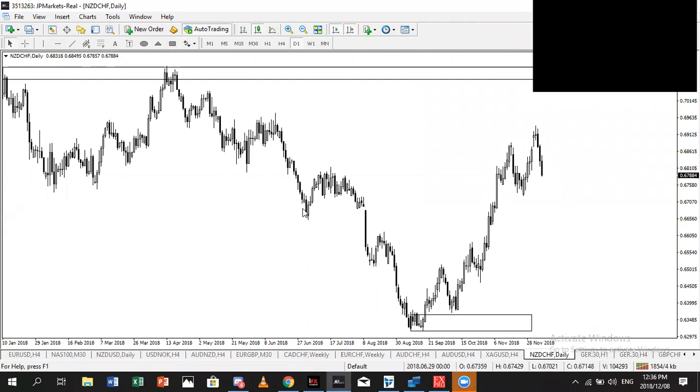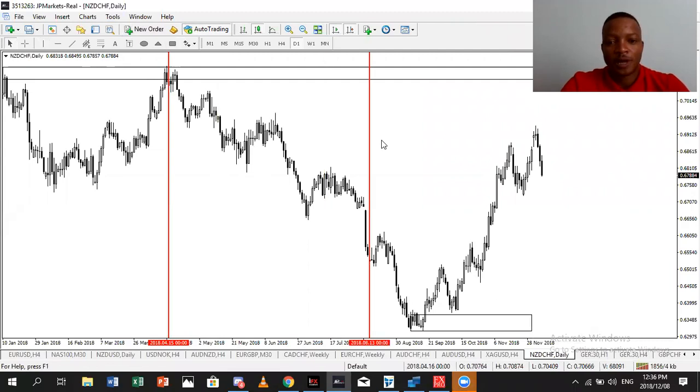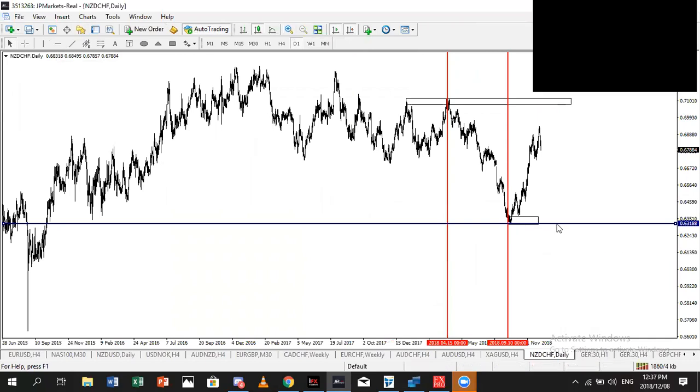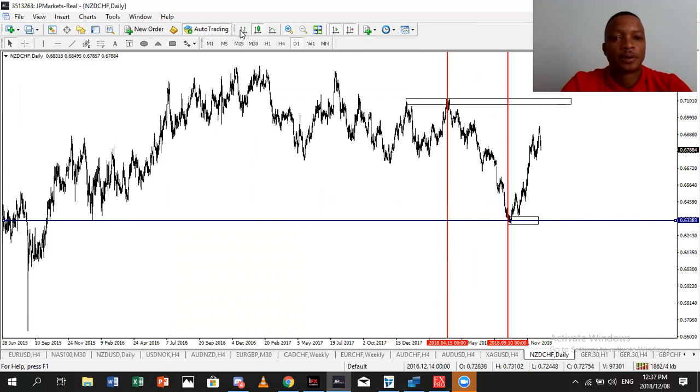So price has been running from this date up until this level here, going down. So if you zoom it back like this, and then you draw your support line like this, right? Let's just put it roughly there. And then ask yourself how long,